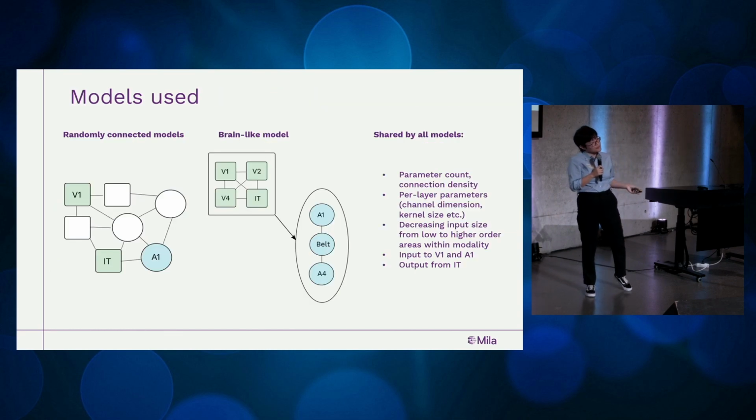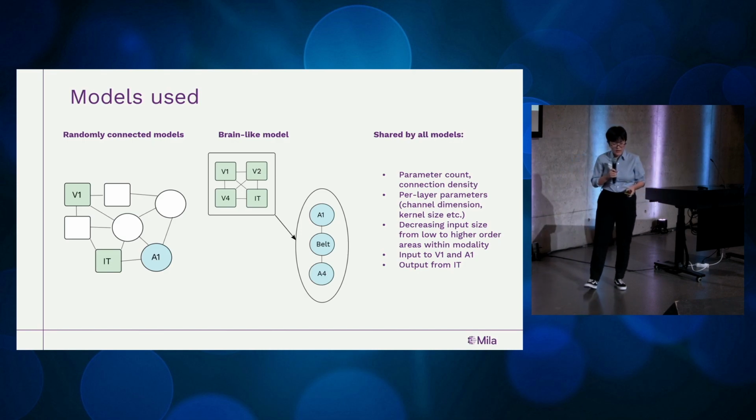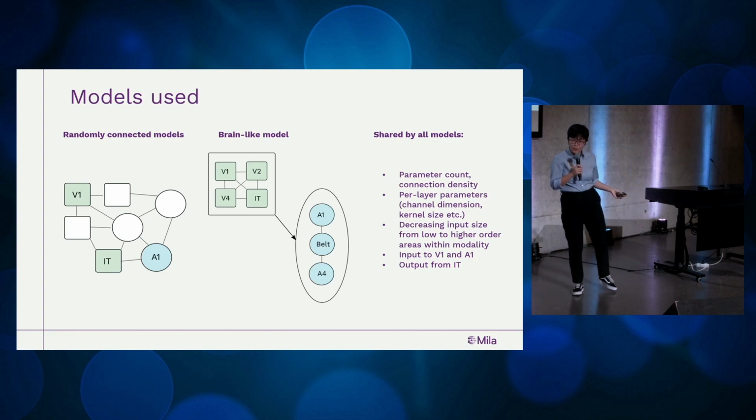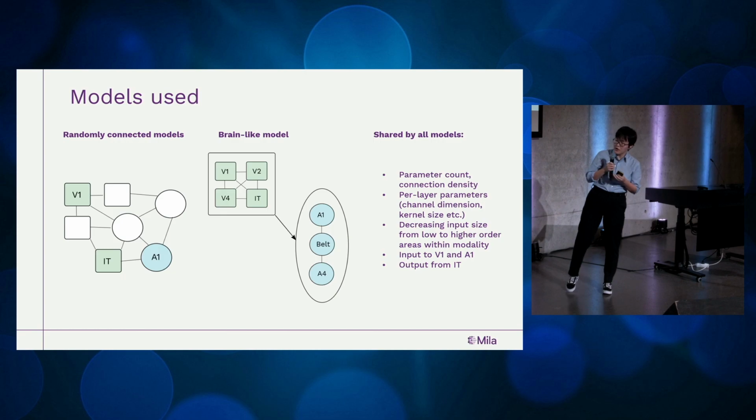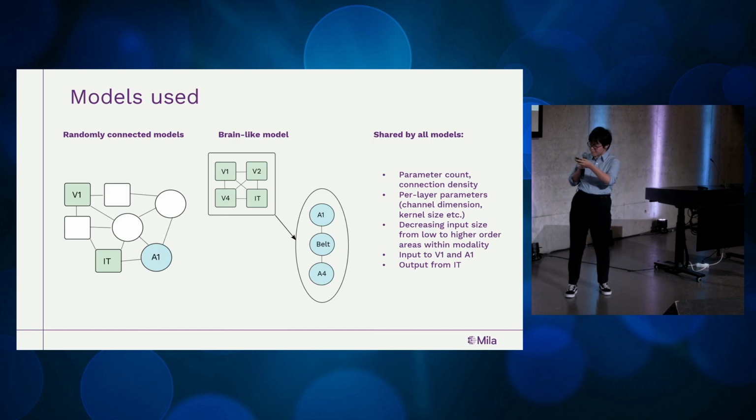We trained multiple different models with these tasks. We've trained 3 different randomly connected models and a brain-like model, and a particular feature of the brain-like model, which is due to the very distinct laminar profile and average cortical thickness between the auditory and the visual regions, is this